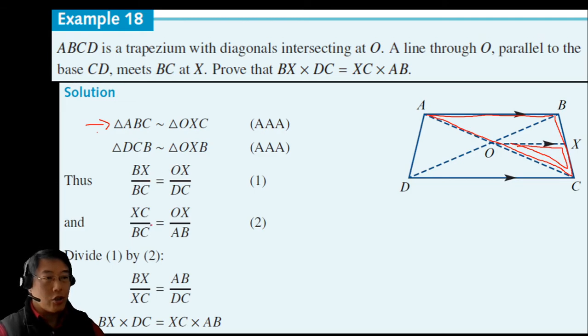It's the second equation. So you have XC. So this line, we're gonna do the ratio with BC. So it's XC over BC. Okay, so the short one divided by the long one, and we can do that from here. What you can use this side, but let's say we're gonna use the parallel line. So the short one is OX divided by AB. Okay, so they are the corresponding side of the two triangles. Okay, with the second one, which is DCB,